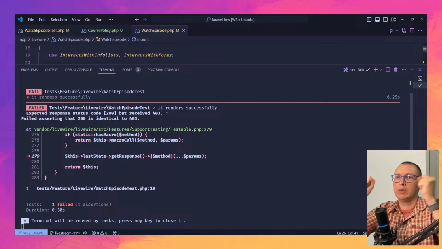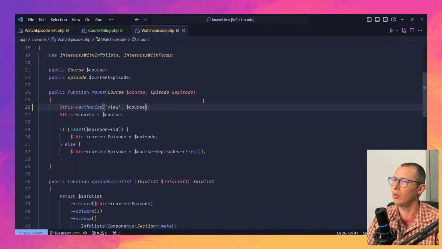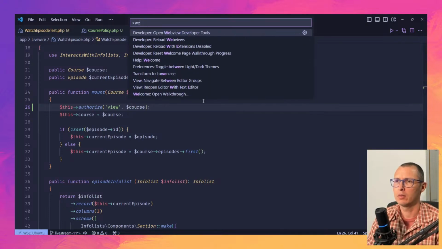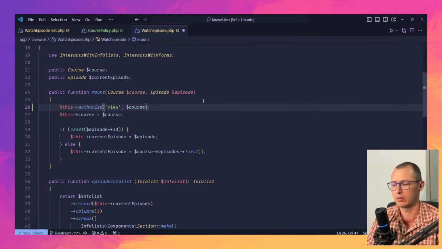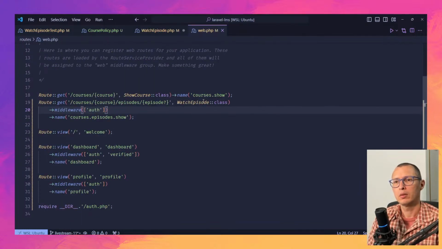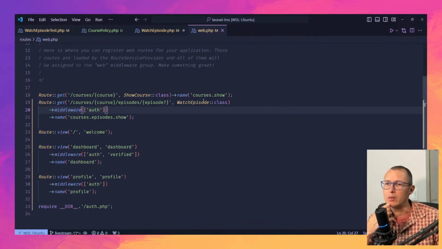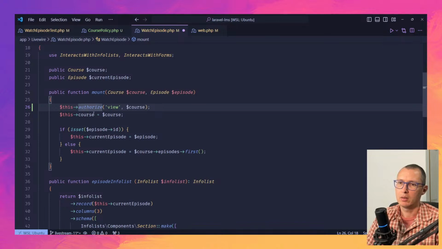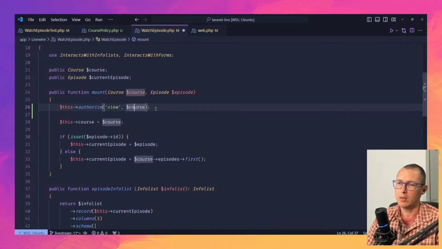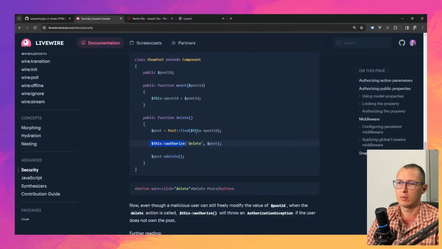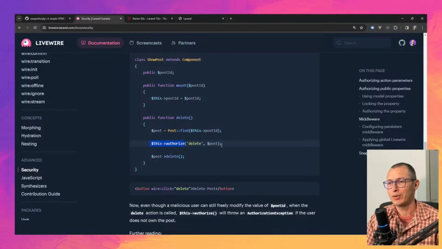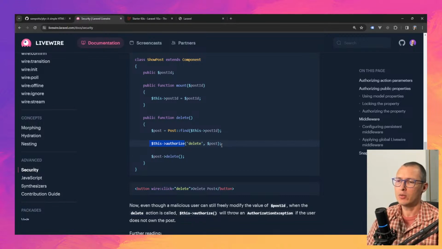Oh, no, wait. I don't have it in the route. Do I? No, I don't. What are you doing? What's happening? I have the policy. I'm using this authorize view in this course. Am I missing something? Well, pretty much the whole starting of the thing, but yeah, I'm trying to make sure